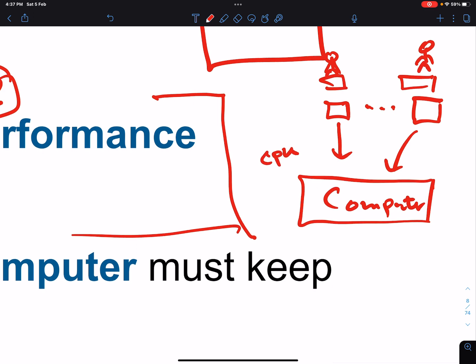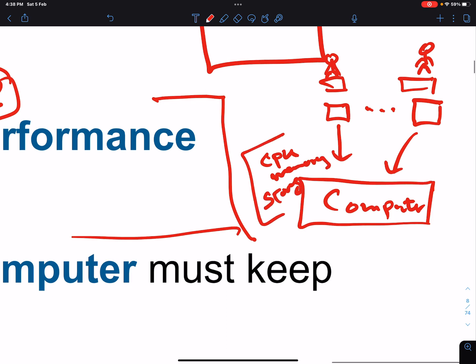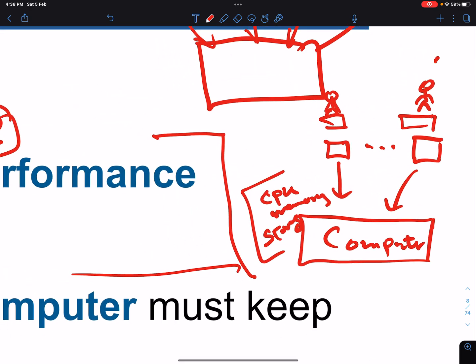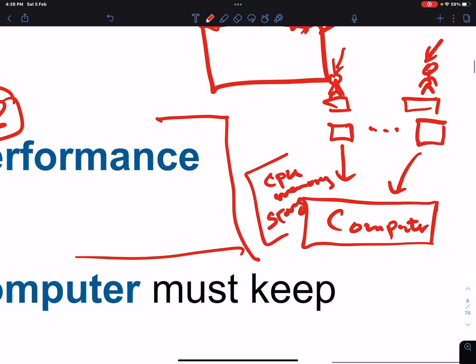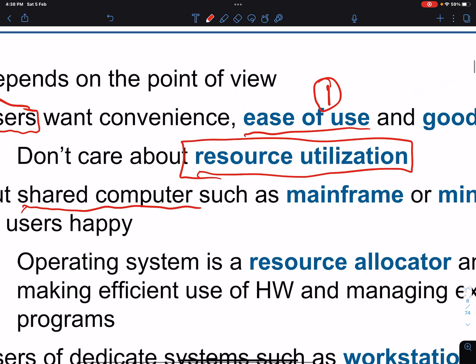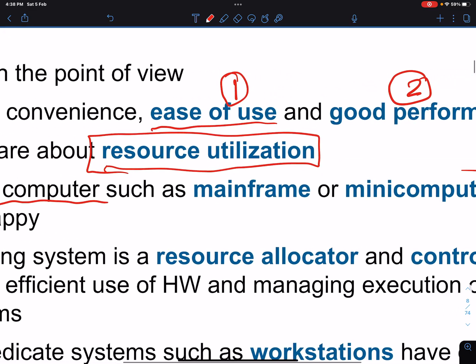The same memory, and probably the same storage. But they don't know about that. This user feels as if he's the only one using the computer, same as this user. So we call those shared computers.